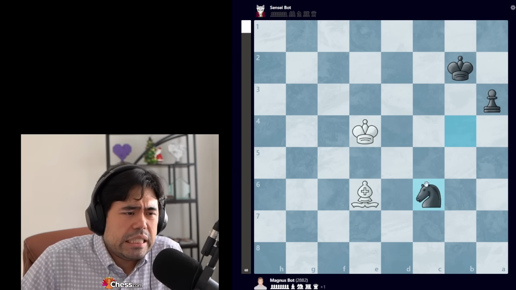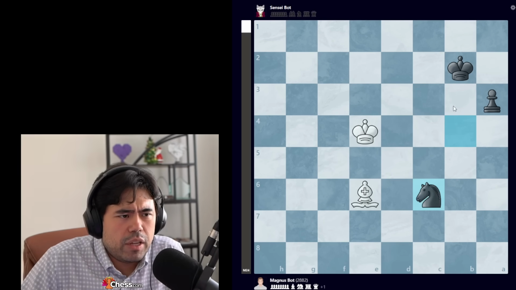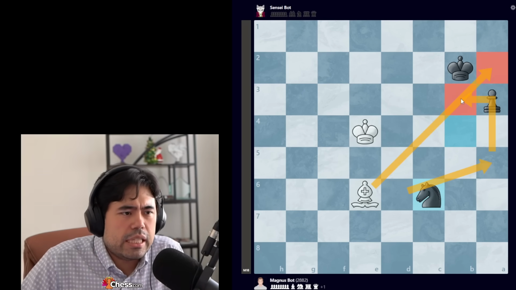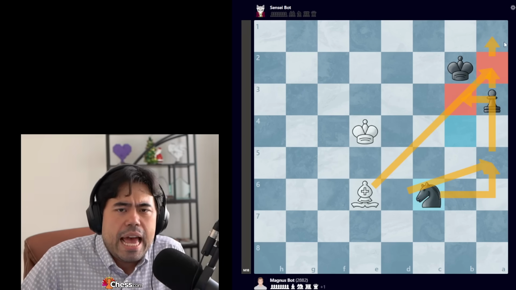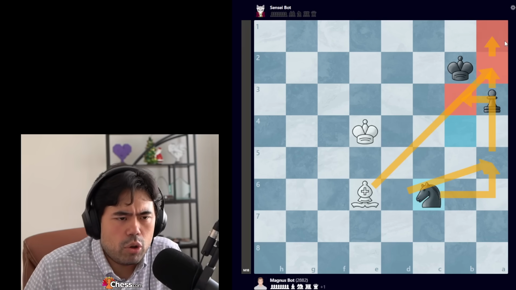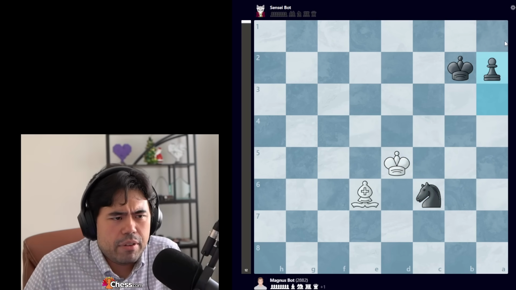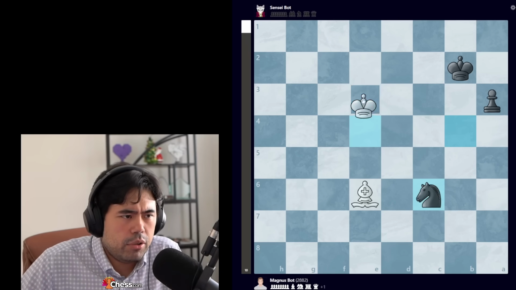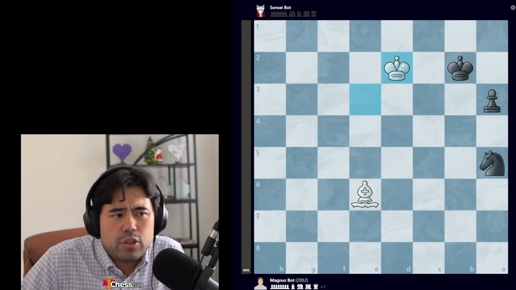But when you go knight c6, and actually many other knight squares are available, the key square in this position is to get the knight to b3 to shield this knight from the pawn, and then once you push the pawn forward, it's all over. So we get king d5, a2 is played. Of course, again, if king e3, you go knight a5, and after king d2, you play knight